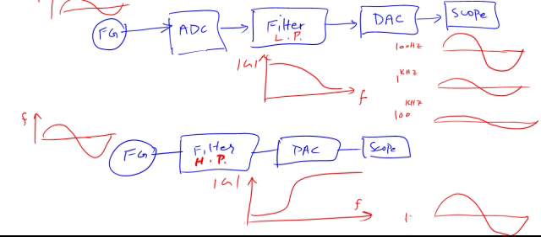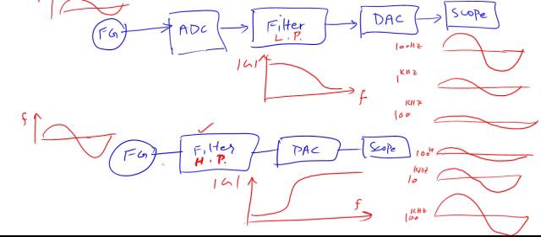Let's say this is for 100 kilohertz, and for 10 kilohertz I should be able to see a lower one, and for 100 hertz either I don't see anything on the oscilloscope or I'm seeing a very attenuated signal. So this is the way that I can check if this filter is designed properly and if my low pass